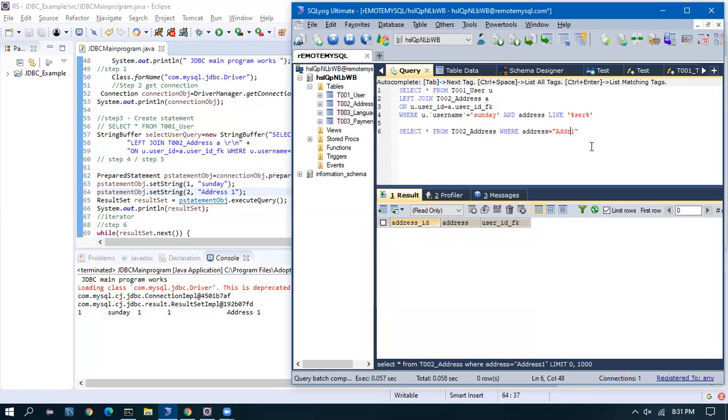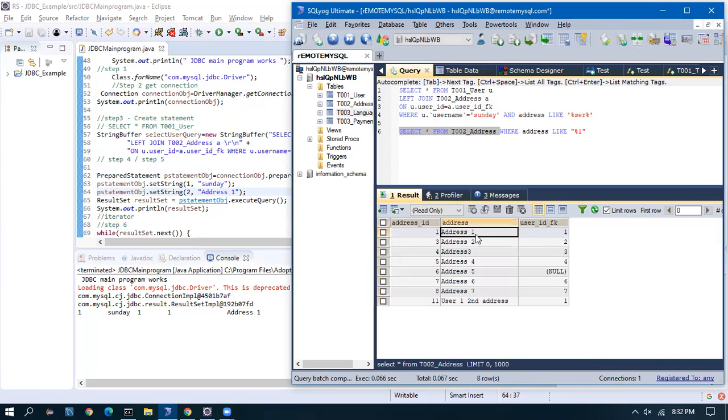Now, my goal is, I don't know what is there in the starting. I want to find out which is having 1 as the ending. In that case, I'll give percentage in the start place. So I don't know what is there. Then I have to give like. If I'm going to give a percentage, I have to give like. So starting whatever can be, yeah. So address 1 is having in the starting address and ending is having 1. Let's take one more. I'll change the data. Everything is address 1, so we can easily work it out.